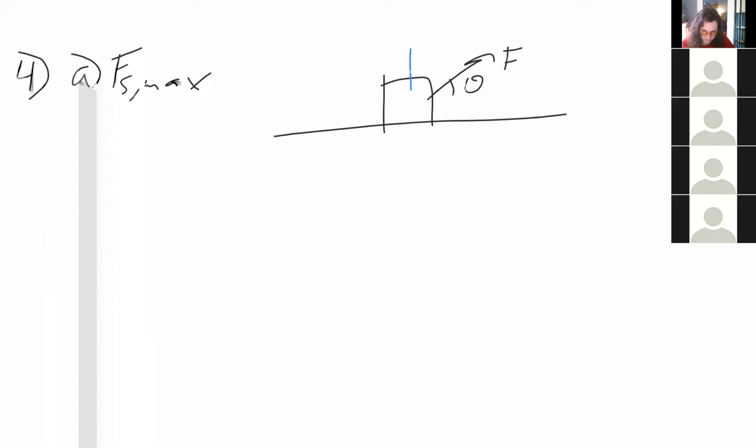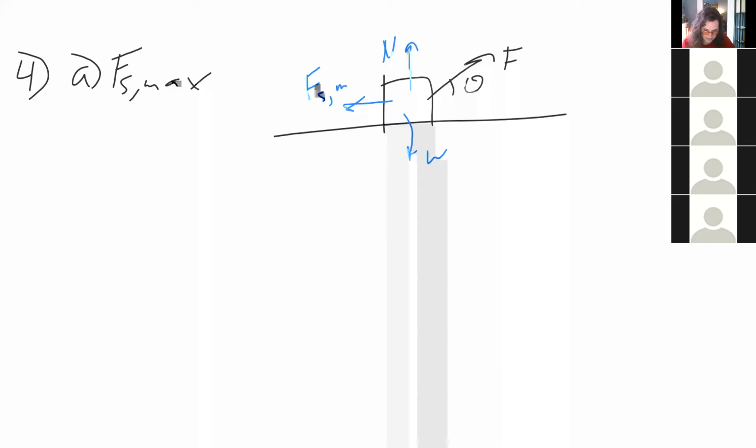Well, we have our normal force up, we have our weight down, and we have our force of friction. As I said, if we're on the verge of moving, that'll be our force of static maximum. Splitting this up into the x and,